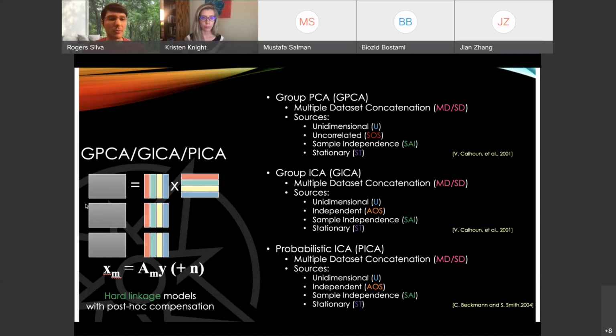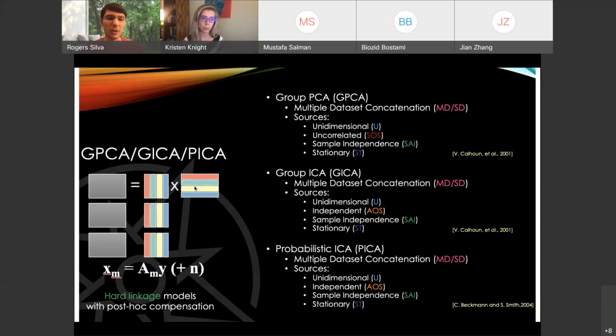And you have time along the rows and spatial maps along the columns. And so for group ICA or group PCA, the idea is that you stack all the time series from every single subject together in a big matrix,